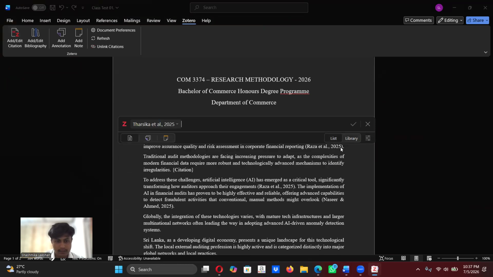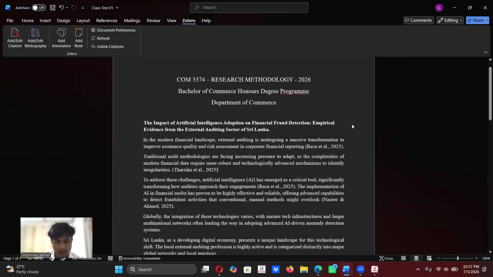Select this and click. It's generated like this.